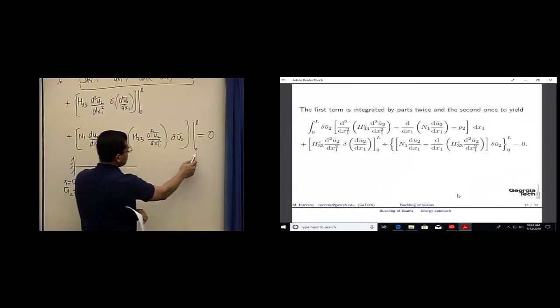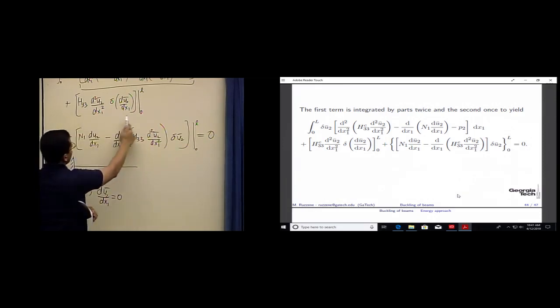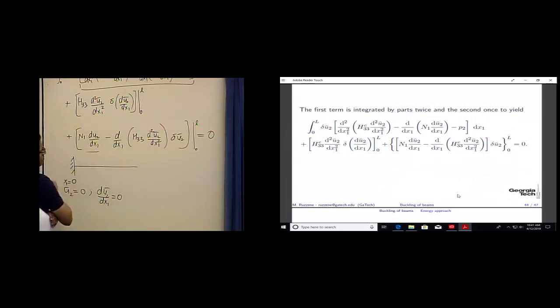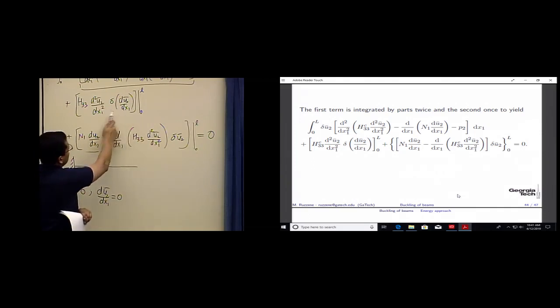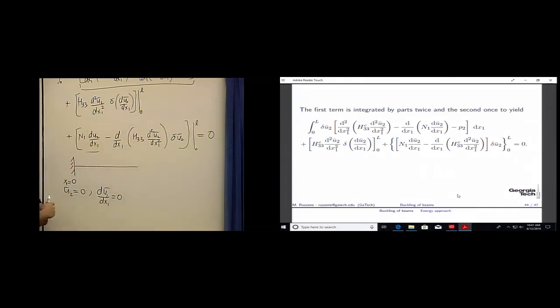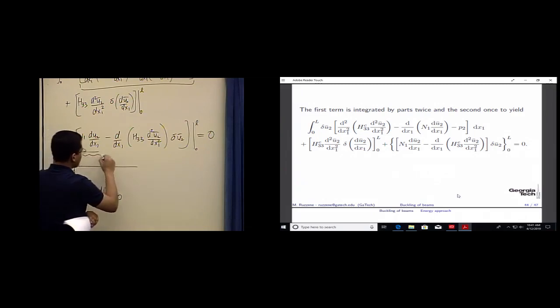So when you substitute 0 in these expressions, you will lose this term because it has a derivative of u2 with x1, and then you will lose this term because it has a derivative of u2 with x1 and they are zeros. When you substitute 0 in that expression, you will lose that term, right? So what you get is these expressions